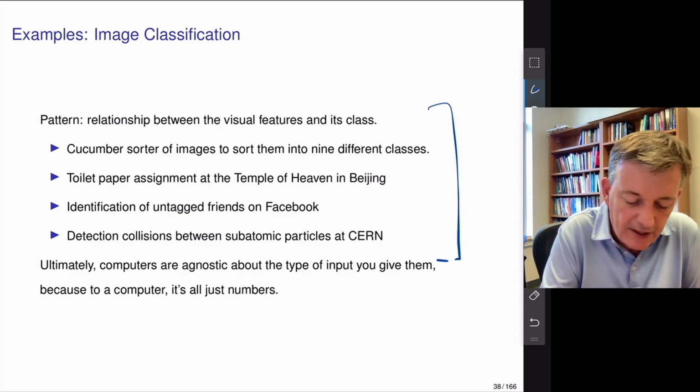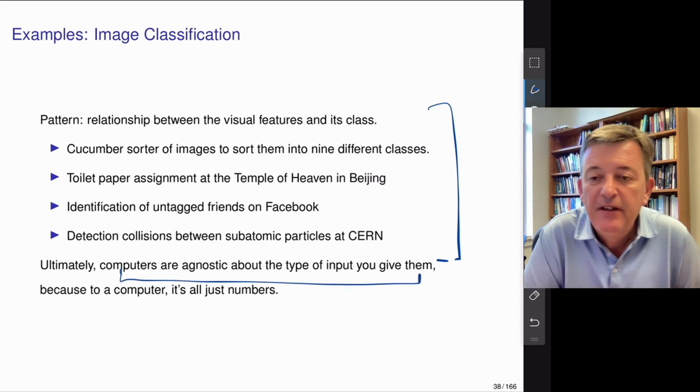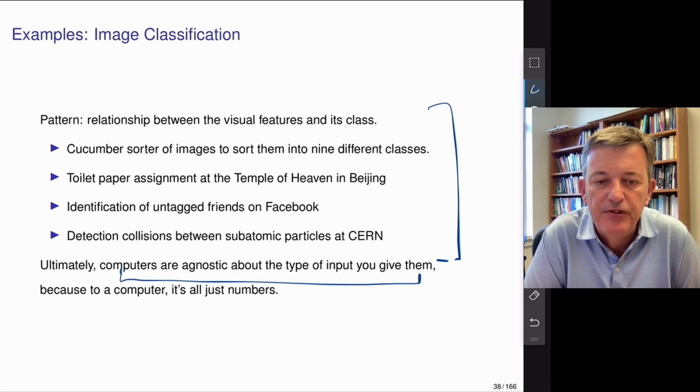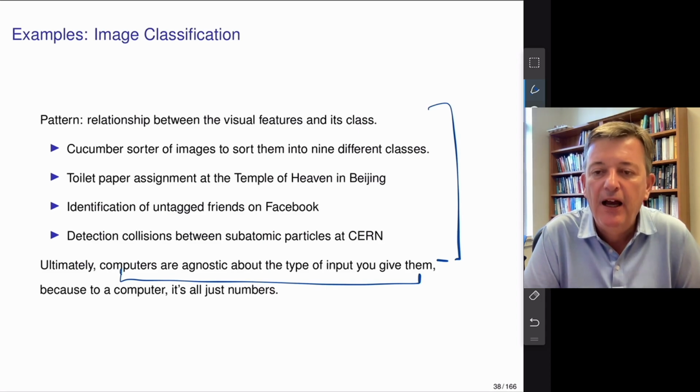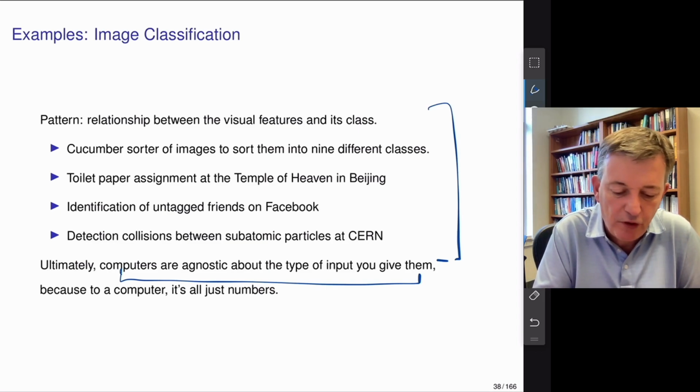And I think, again, this is very typical of these AI algorithms and why they're so generically useful, is that they're very agnostic about the type of input you give them. So they're just very, very good pattern matchers. So if you give them a very good data set, they'll generally come up with a very good prediction rule for